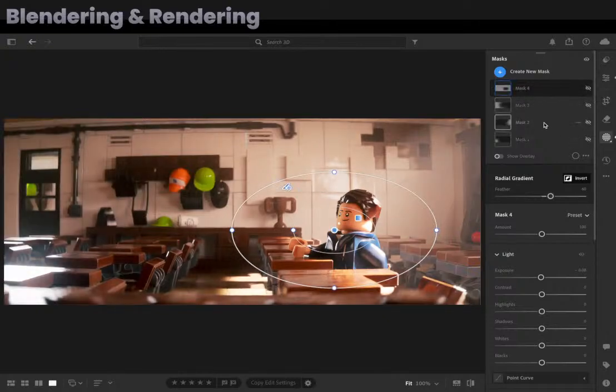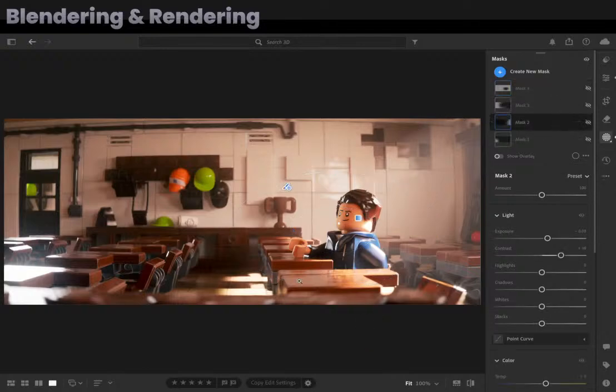I like to go dual tone with a lot of my renders, where I have a certain light source coming in somewhere, and then I have another light, and then I have a shadow somewhere else. I like to color the light source and the shadow, so that you have multiple colors across the frame. So this first one here is just to fix